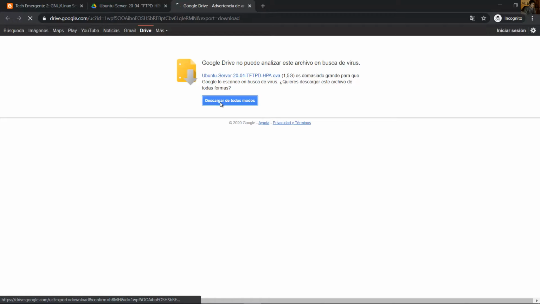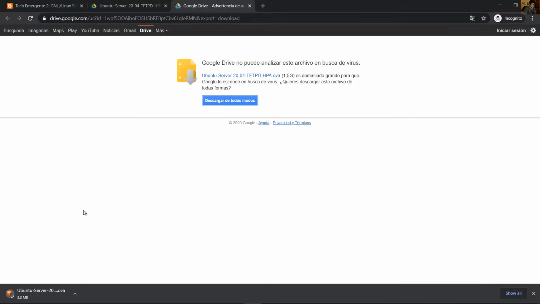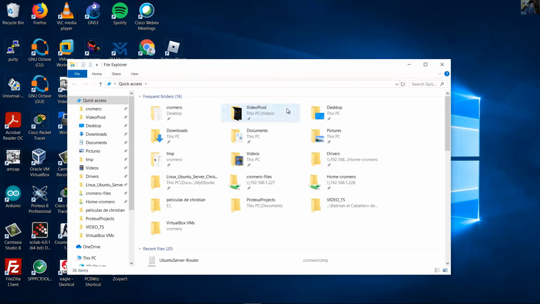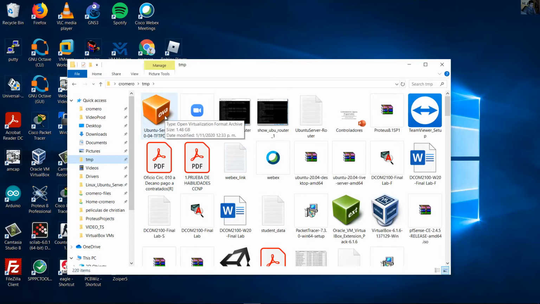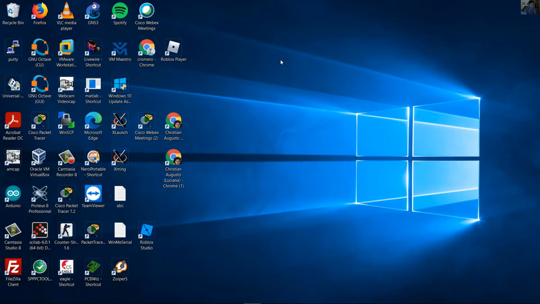Okay, download. Now the file is downloading. Okay, now the file is downloaded, and you will have this file, Open Virtualization Format Archive, Ubuntu server 2004 TFTPD HPA. Go to VirtualBox,